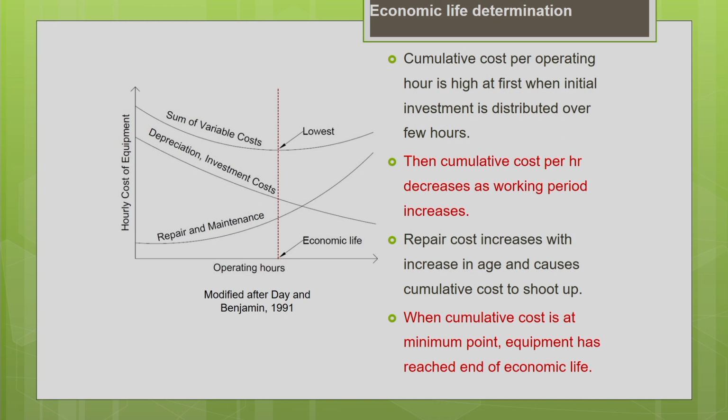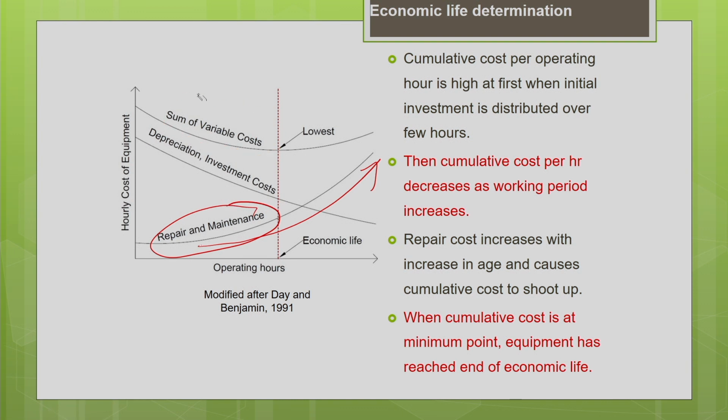This picture shows the breakup of all the cost trends. We are finding the variation between the cost of the machine and the usage of the machine. Obviously your depreciation, your investment cost, all your ownership cost is decreasing with time. As I told you earlier, as these costs are distributed over greater usage, over greater hours, the cost per hour is reduced. Your repair and maintenance cost, as the machine gets older, starts increasing significantly. When you add both, the ownership cost and the operating cost, you get your total cost.